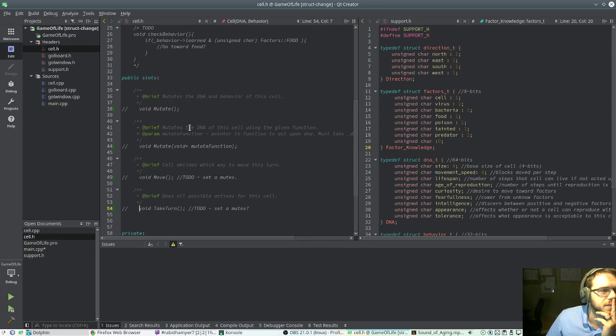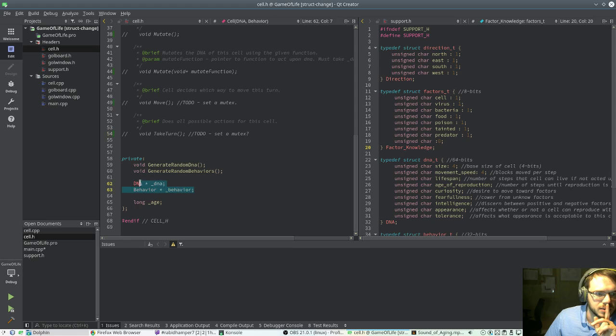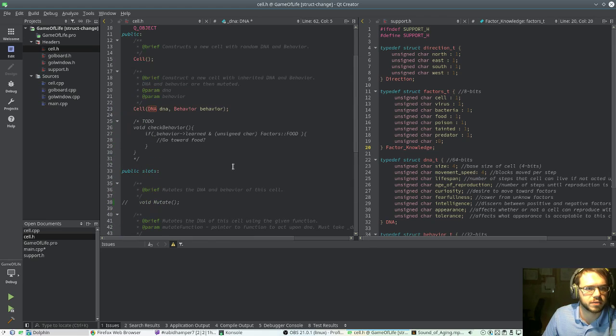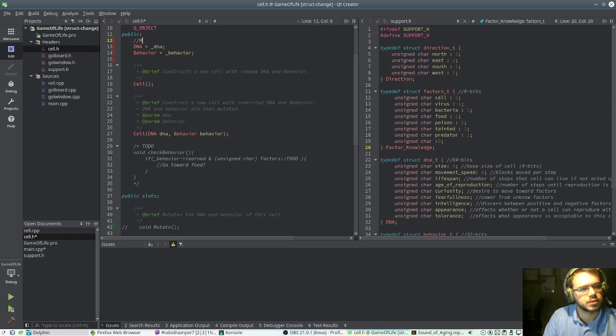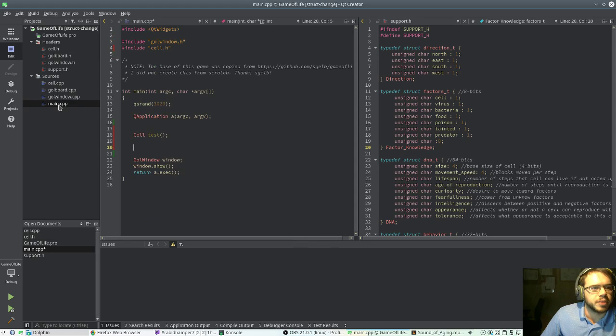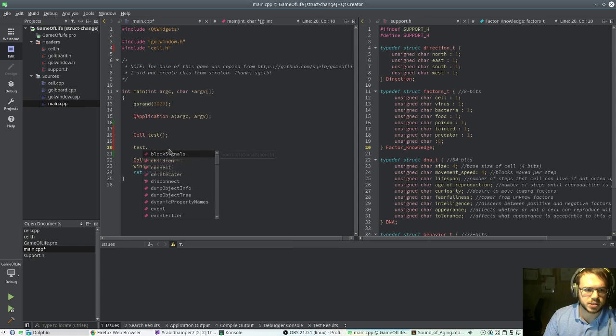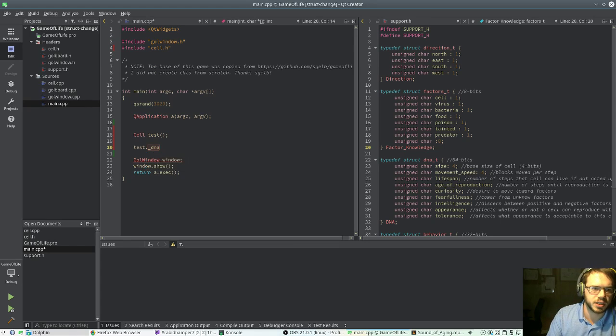Let's, for testing's sake, let's make these public for now. These will move back down to private or protected. Make these protected. That should allow us to go back over to main and say test dot underscore DNA dot